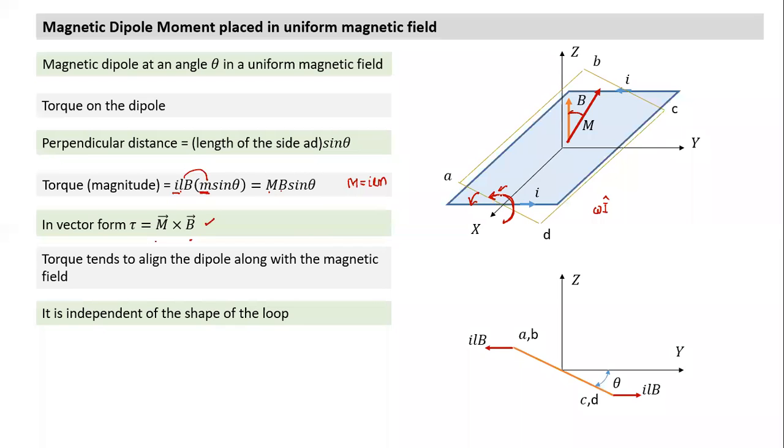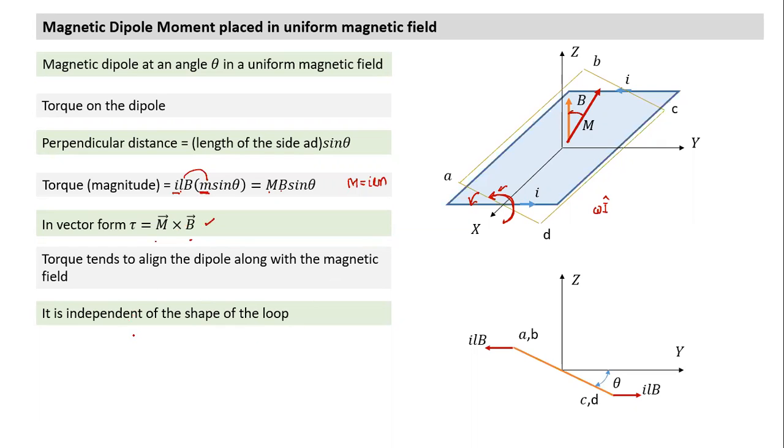Similarly, this torque also, which direction is the torque trying to rotate now? It is trying to rotate in this fashion. So which direction is the torque acting? The torque is also in the i cap direction. So how do you find the direction of torque? Again, right hand thumb rule. One way of understanding it is the direction in which it is tending to rotate. I will take some more examples of rotation, so we'll understand better.